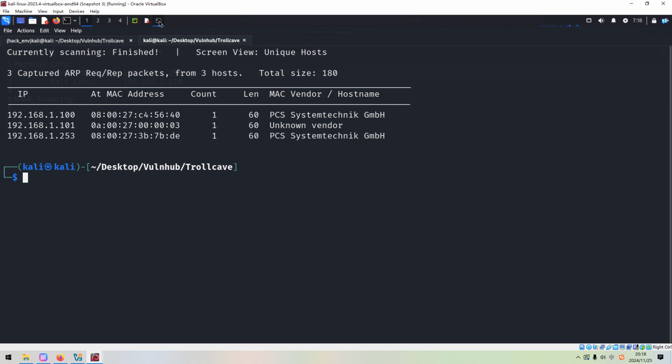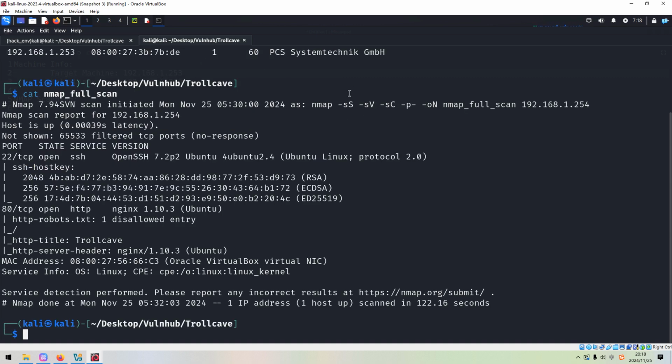We need to do port and service scanning with Nmap. To save time in this video, I've already completed it before, so for now we just get out its result. As you can see over here, I used the options like SYN scan, the version scan, the default script scan, followed by -p- to do the full range port scan. The last option is -oN to output the result into this file. Although, as you can notice here, the IP address has been changed, which doesn't matter.